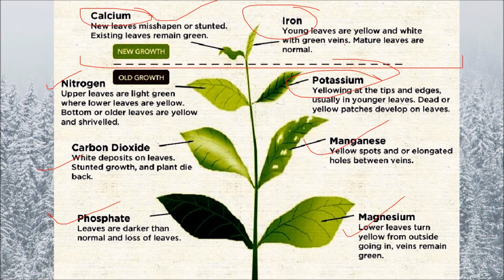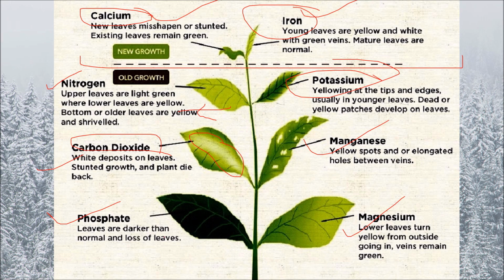Yellowing of the leaves: mature leaves are normal, but the younger leaves are white or pale in color, then that is the deficiency which denotes iron. If the lower leaves are getting pale and the bottom of the leaves is getting yellow and shriveled, that is denoting the deficiency of nitrogen. If white cast or white deposits are there on the leaves and the growth is stunted and the plant is dying back, dieback is a symptom being shown in the plant,